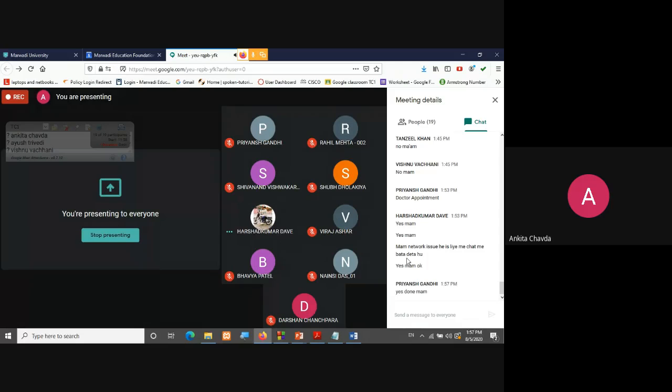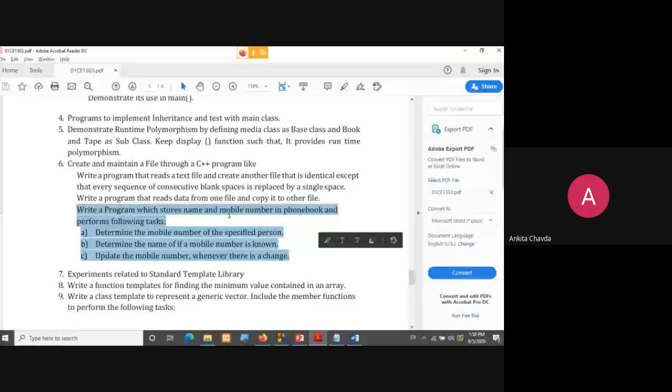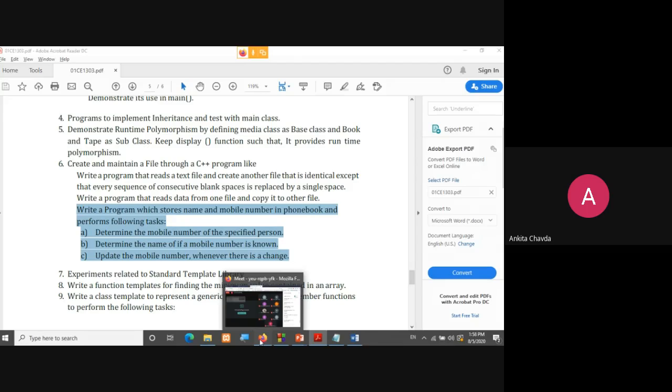Yes, Harshad, you are perfectly audible, and what I'm saying is just listen to it. This telephone directory or whatsoever that you are saying, that is part of our program. Here it is: write a program which will store the name and mobile number into your phone book, and it will perform such many tasks. This is what we will do in our experiment list, so you cannot take it as your mini project, right? Choose any other definition.